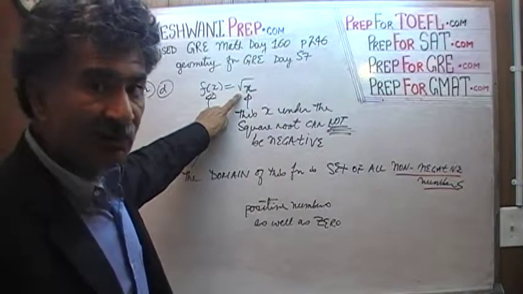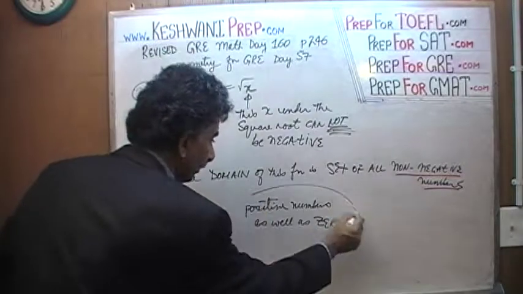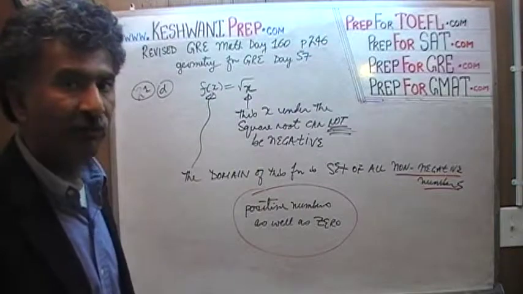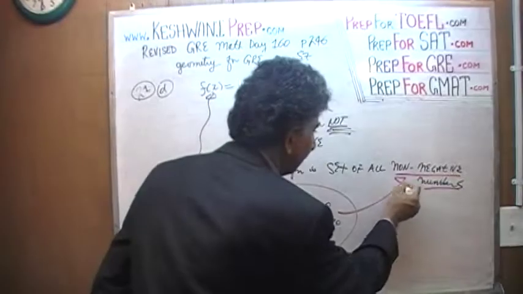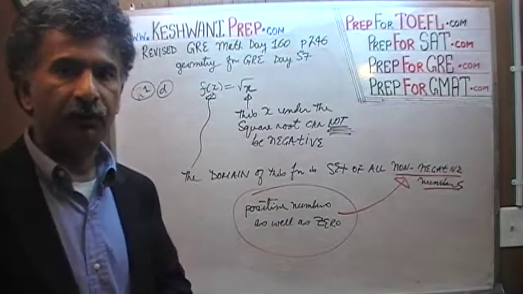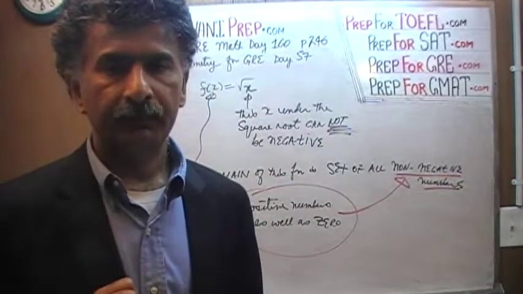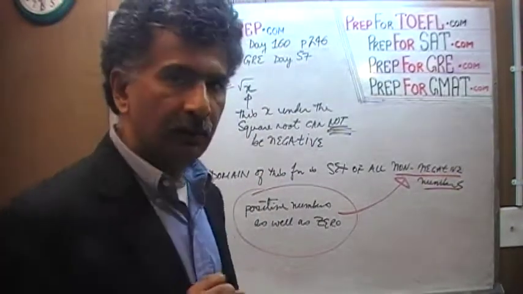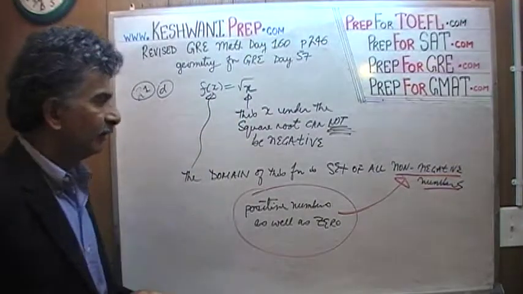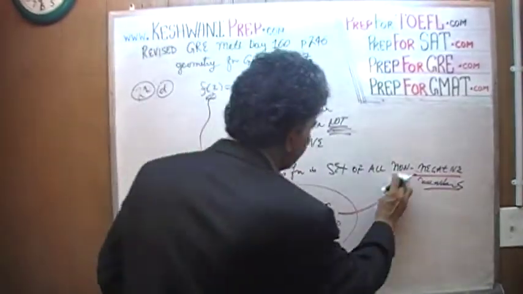Since it can be 0 and all the positive numbers, we can't just say positive numbers, because then we have to say as well as 0. Instead of saying positive numbers as well as 0, they say non-negative numbers, because 0 is not negative. So when you say non-negative, you pick up the 0 along with all the positive numbers. Do you understand? That's all it is. So here, the domain of this function is set of all non-negative, and I left out an adjective there, non-negative